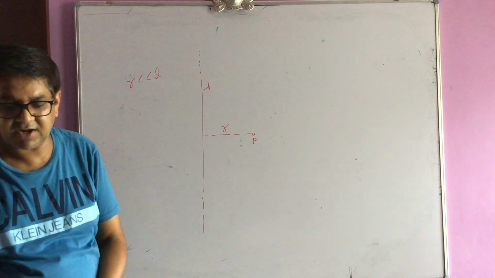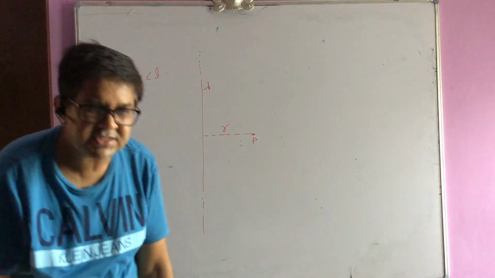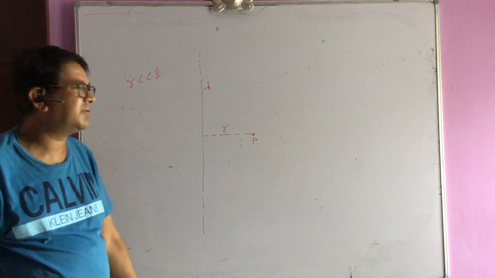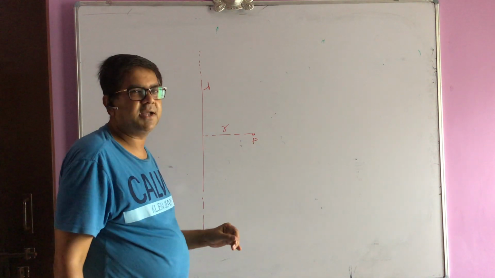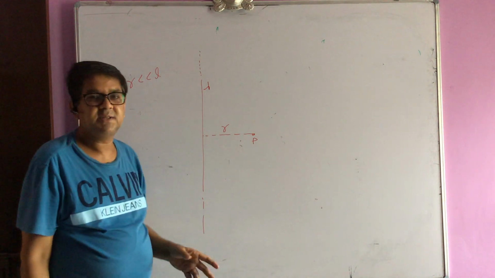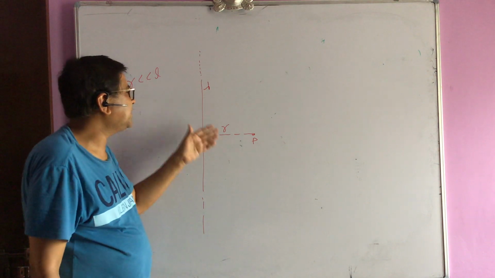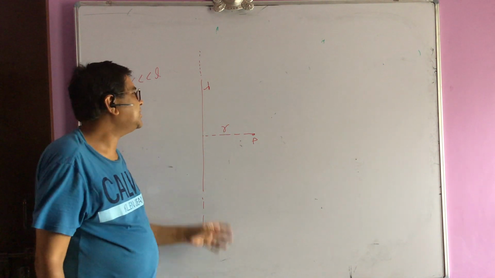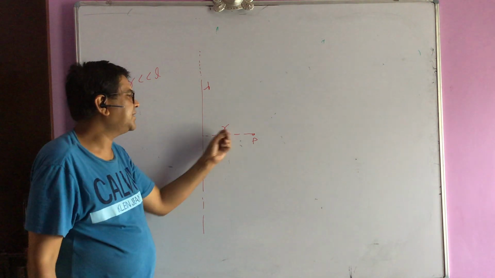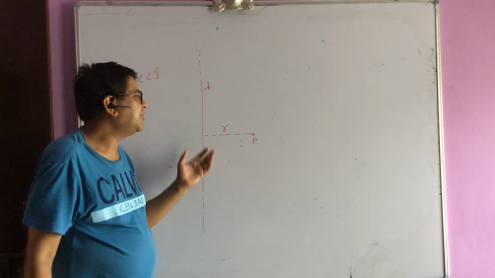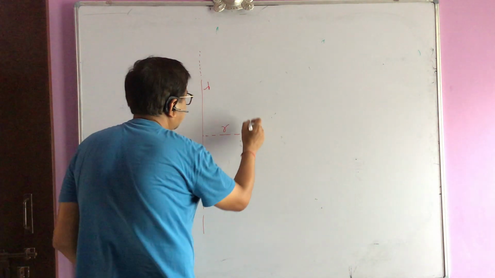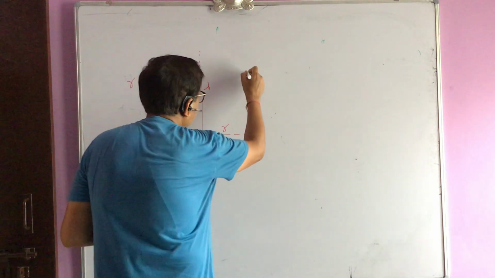So often we use the word infinite. Infinite creates a sense of magnanimity in our mind, but actually it is a comparative word. When we are considering a point at a very small distance from a line charge, even if it has a finite length, if R is too small compared to L, for point P this is an infinite line charge. So anyway, this is a long line charge, and there is a point P, an infinite line charge. And for this, what I am doing here is I am considering a cylinder. So I am taking a long cylinder again.